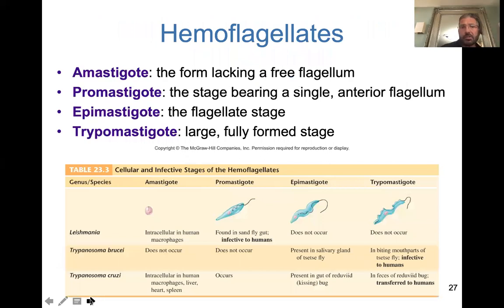So the hemoflagellates, we talked about these before when we were talking about some of the other protozoan, and this is the same chart as before. So just realize it's done, mastigo is going to be the suffix, and the prefix is going to tell you a little bit about as far as where the flagella are. Okay. We're going to talk about Leishmania,